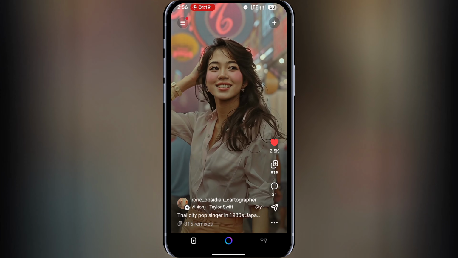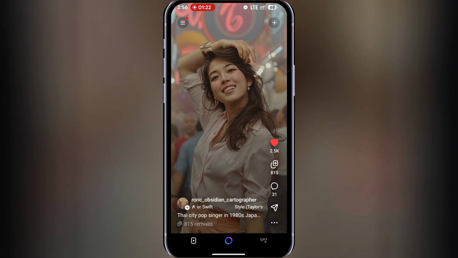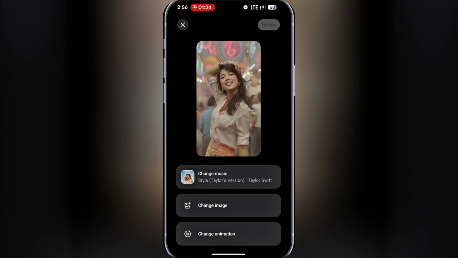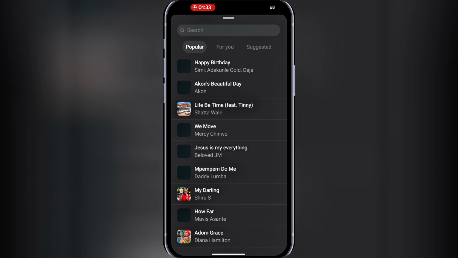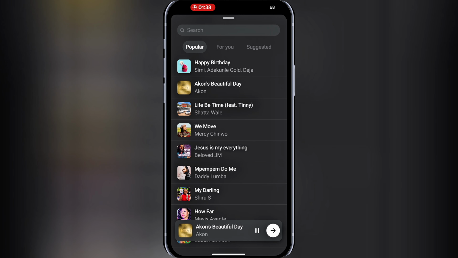Now, let's remix this particular video. I'll tap on the remix button. Here, you can change a lot of things, the background music, the image, and even the animation. So let's say I want to change the music. I'll click on that, select the song I want,